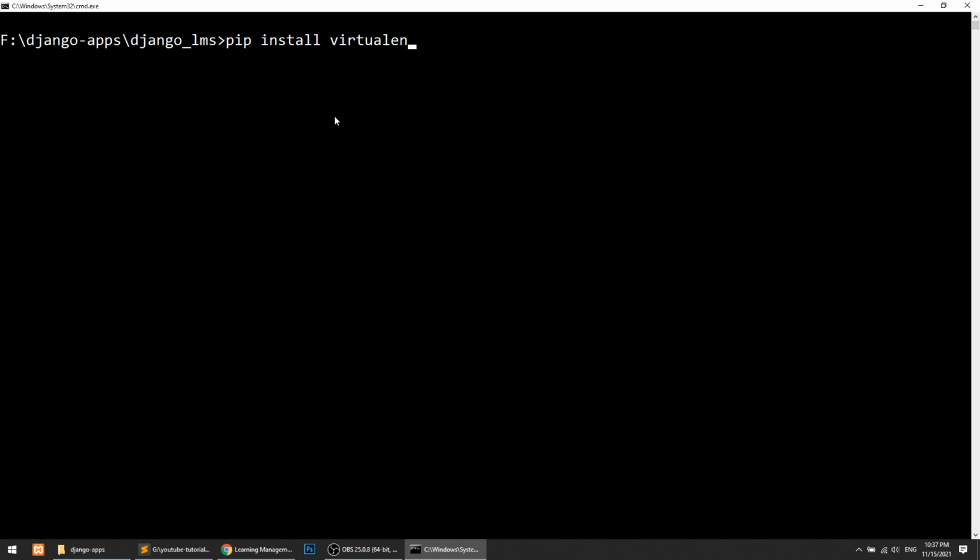So with the help of this command you can create virtual environment. After installing this package, you will run py -m venv and then the name of the environment, so I will say venv. After entering this, it will create the env folder.